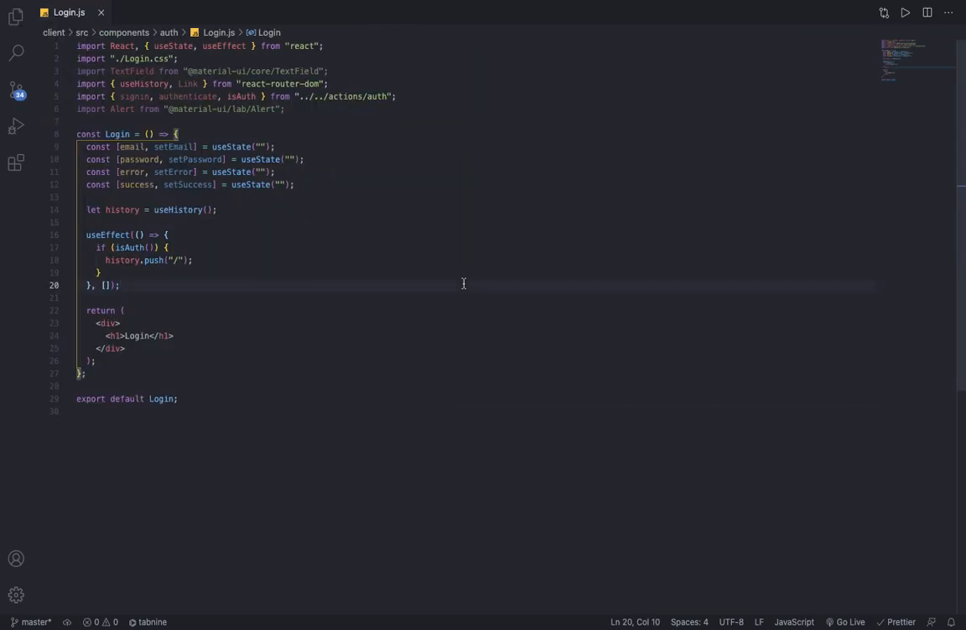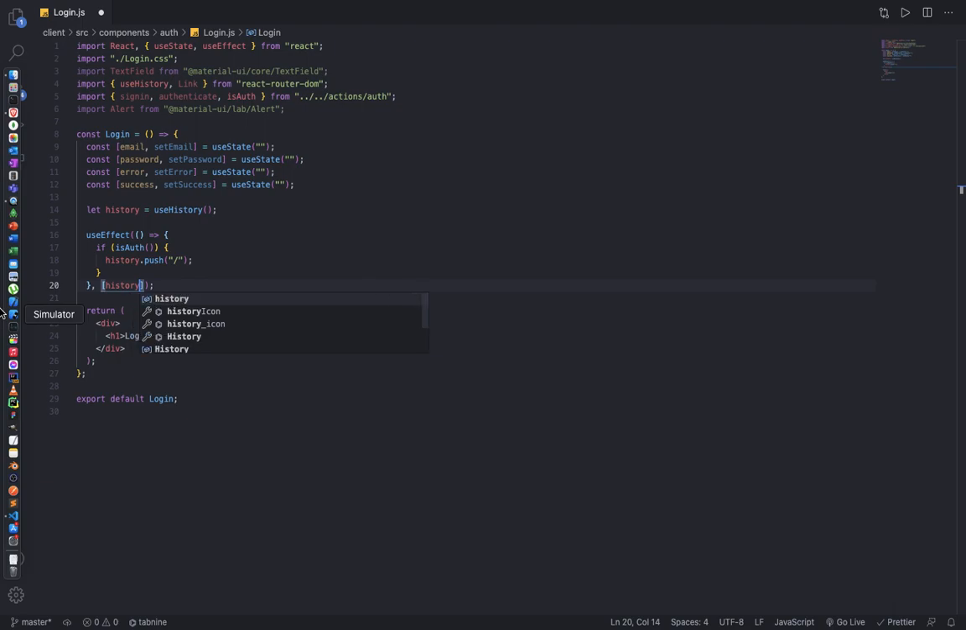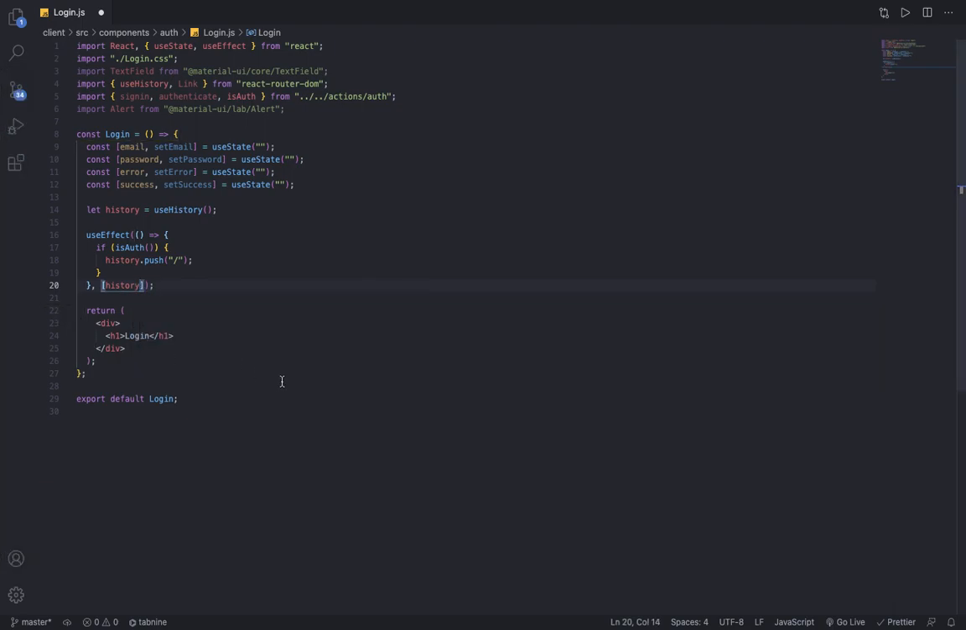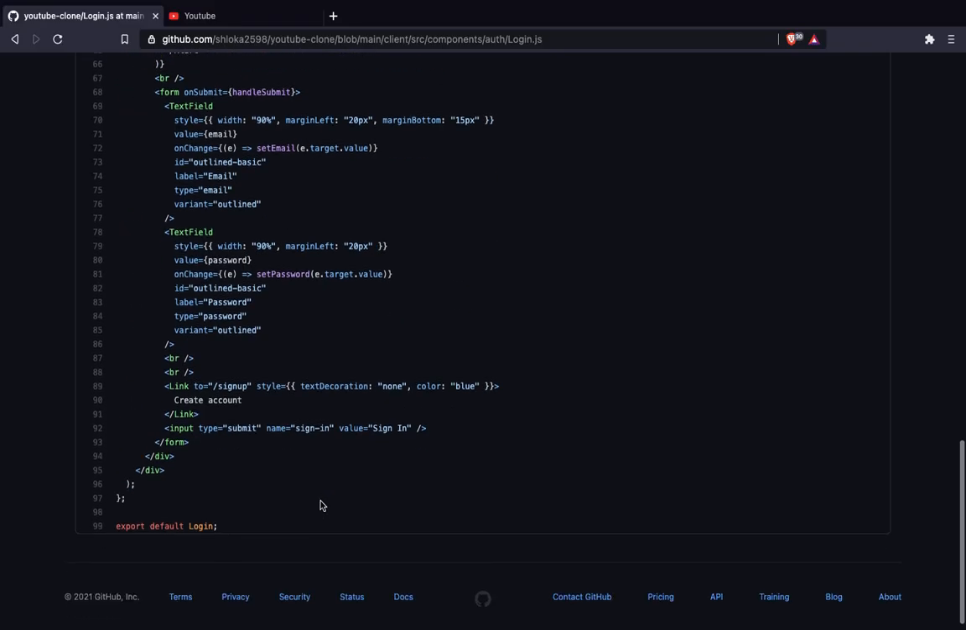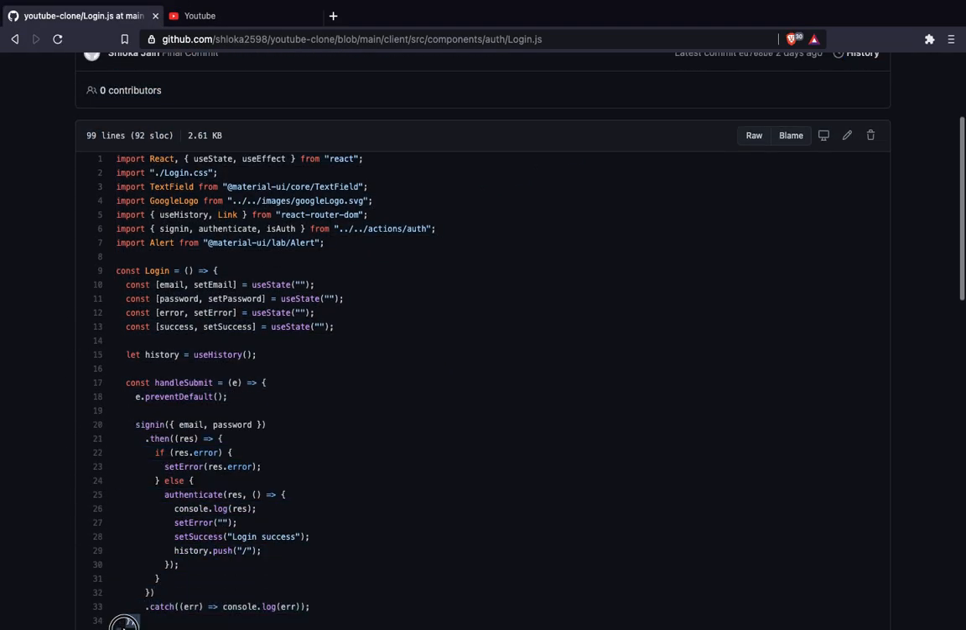So I'm then going to sign in, and inside the login component I want this to happen whenever the history changes. Okay, so I add history and return. So for the front end I am not going to